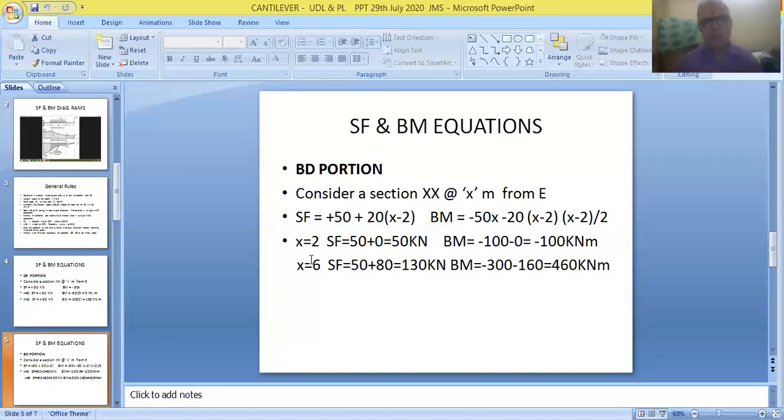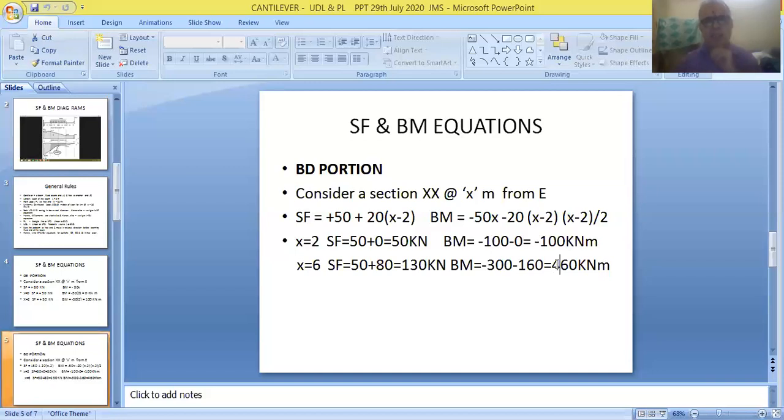And friends, now at x, the lower limit will be equivalent to 2 meters. The upper limit will be equivalent to 6 meters. So substitute the values in this equation. SF will be coming to 50 kilonewtons, and here it will be coming to 130 kilonewtons. The bending moment will be coming to minus 100 kilonewton meter, and here in the second case it will be coming to minus